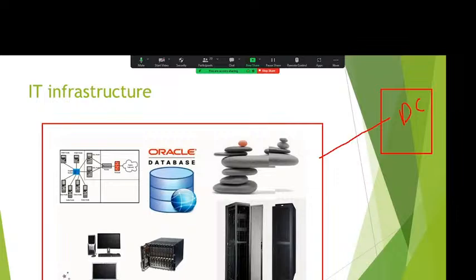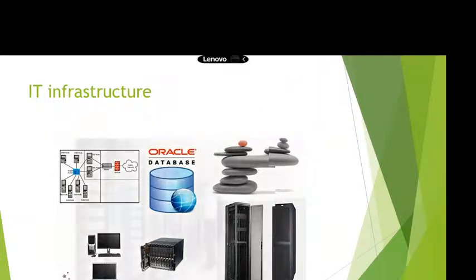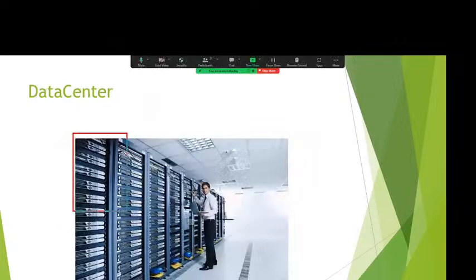For example, you have one organization and you got one project where you would like to build 5 servers. To build 5 servers, what do we have to do? We have to go and verify whether space is available in the data center. Once space is available, then we will rack the servers. Then we will start building all these 5 servers from scratch. So that is what a data center does. See, this is the exact picture of a data center.